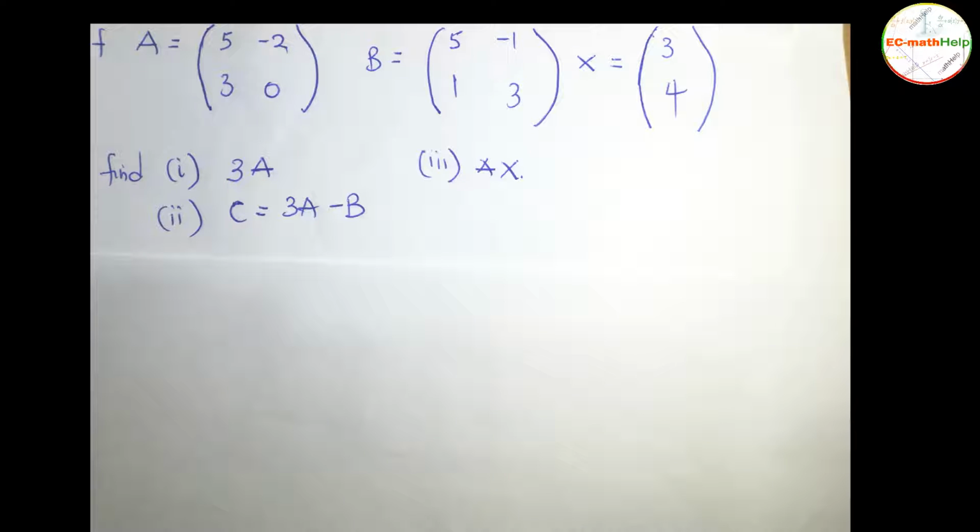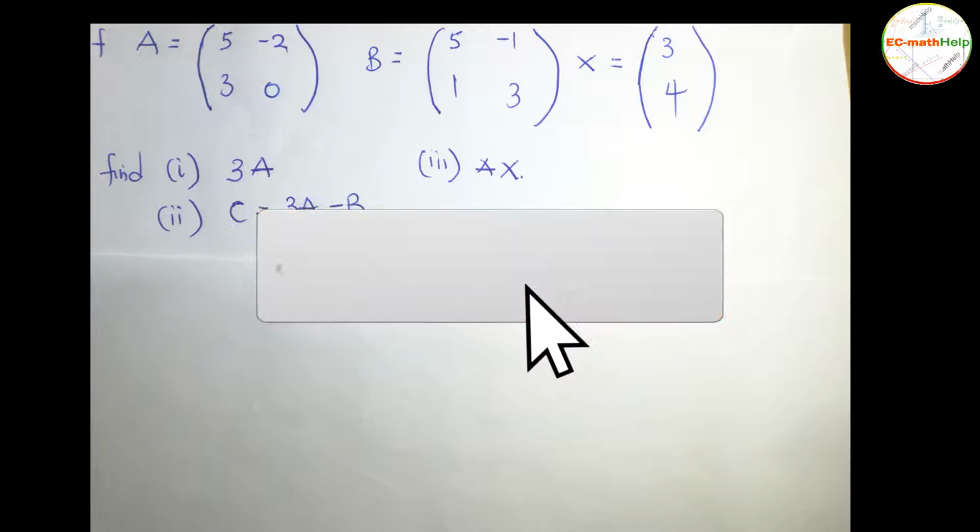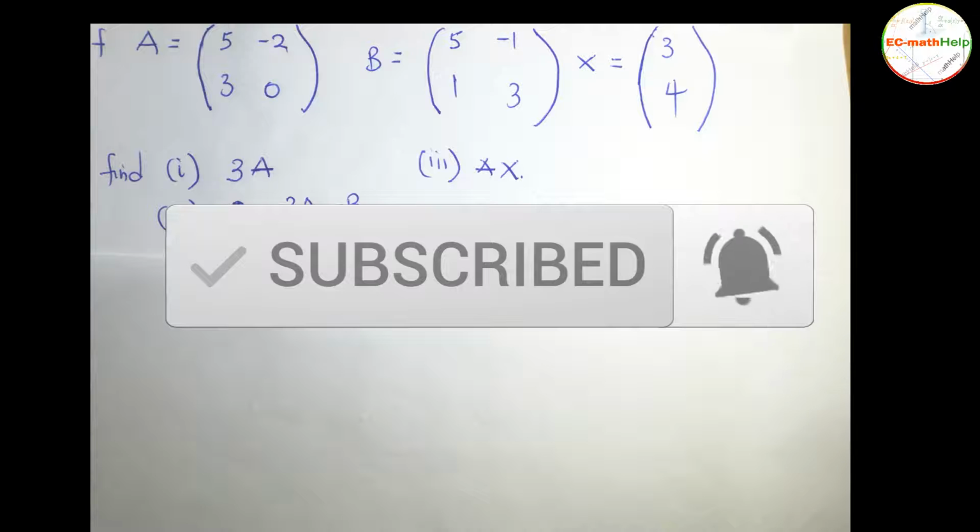So today we'll be looking at multiplication of a matrix by a vector. Looking at the question on the board, we have the matrix A equals 5, negative 2, 3, 0, matrix B equals 5, minus 1, 1, 3, and the vector x equals 3, 4. In the question we are multiplying a matrix by a vector. So we solve question I, that is Ax. So multiplying Ax, we would have